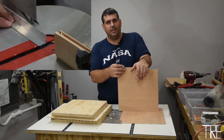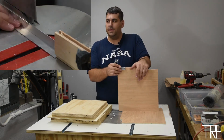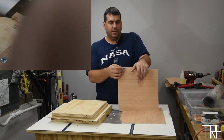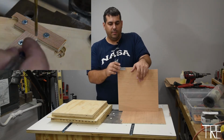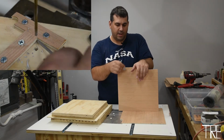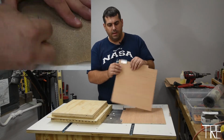It's the first time I've really cut aluminum before with a carbide blade, and I always am worried about it because I don't want to mess up the carbide blade faster and have it not cut my wood really well. But since I have another blade and that one's getting ready to get retired, I figured it was a good chance to try it. Nice clean cut, just a little bit of sandpaper to clean it up,